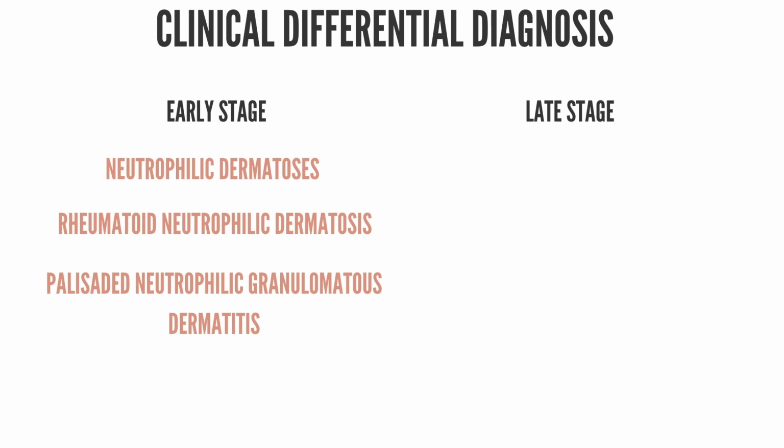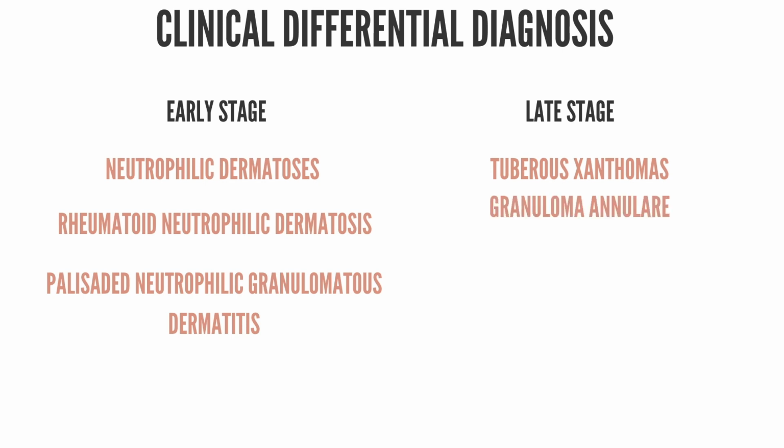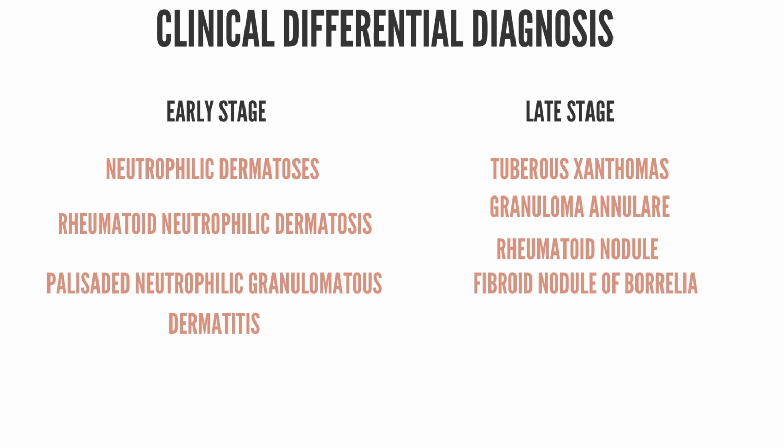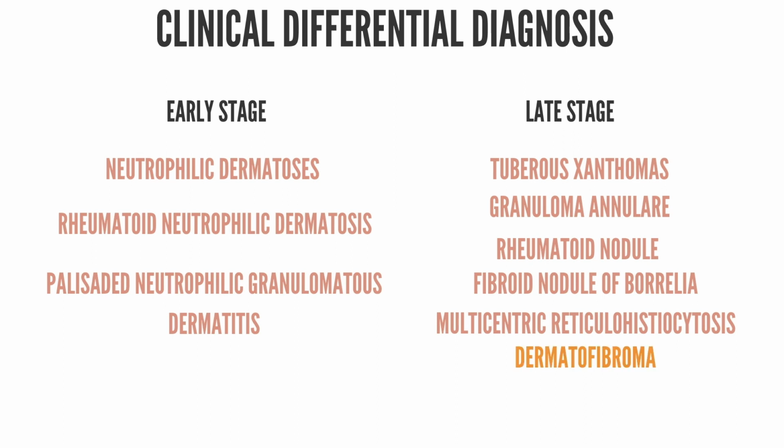Late-stage lesions primarily may be confused with tuberous xanthomas, granuloma annulare, rheumatoid nodules, fibroid nodules of Borrelia, and multicentric reticulohistiocytosis. Other granulomatous disorders, for example sarcoidosis, leprosy, and necrobiotic xanthogranuloma, are sometimes under differential diagnosis. For an isolated lesion, dermatofibroma or dermatofibrosarcoma protuberans must be included. Occasionally, lesions with a prominent vascular component, especially in an HIV patient, may be mistaken for Kaposi sarcoma or bacillary